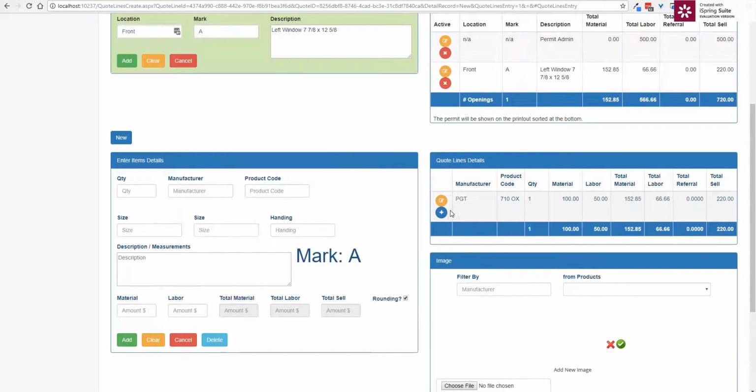And now what you see is it put it right underneath the first of the boxes. So now you have a PGT 710 $100 is what it cost you. This is what the installer is going to charge you. And then you can see here, the actual material that you're going to charge the customer is $152.85, and the labor that you're going to charge, you're basically going to make a few dollars off the